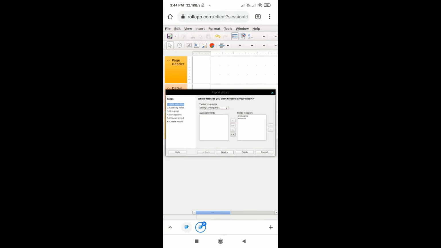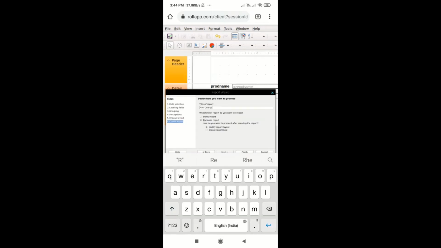And then click on the next button, select the labeling or change it, and then click on next button, next button again. And we do not need any sorting option in this specific report, so again click on the next button and select the layout, and then click on modify and change the title of your report and say finish,